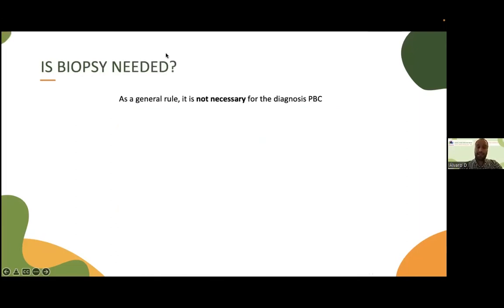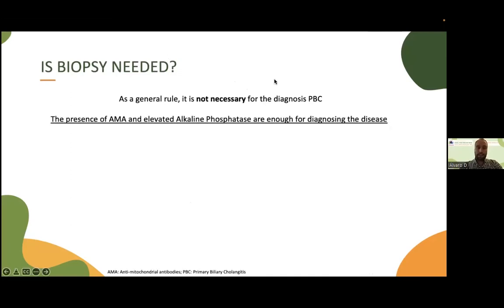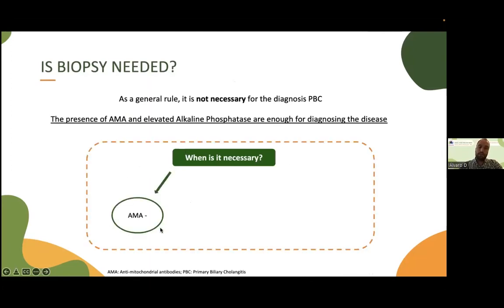So is biopsy needed? As a general rule, it is not necessary for the diagnosis of PBC, and this is because the presence of anti-mitochondrial antibodies, AMA, and elevated alkaline phosphatase are enough for diagnosing the disease. So if most patients present anti-mitochondrial antibodies and elevated alkaline phosphatase in the setting of PBC, when is it really necessary? Well, in those settings where patients do not present these anti-mitochondrial antibodies, or they do not present